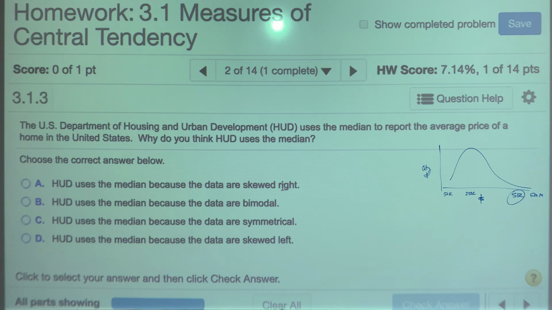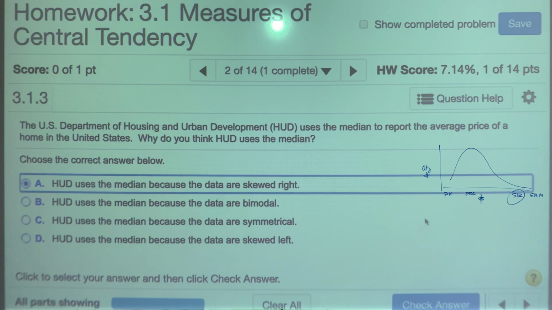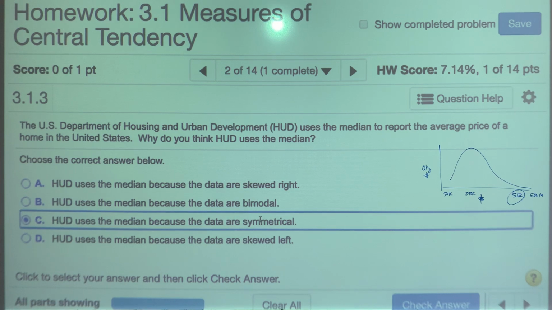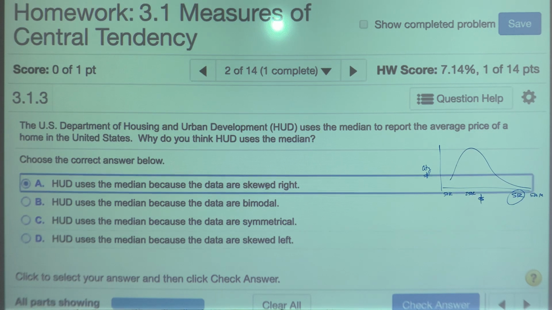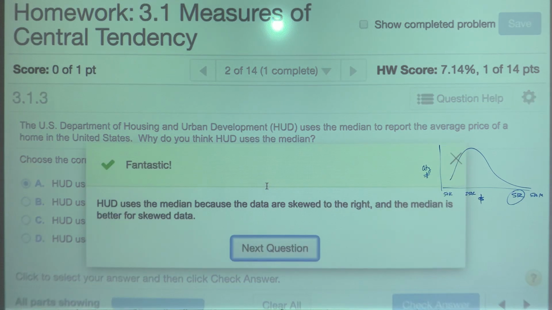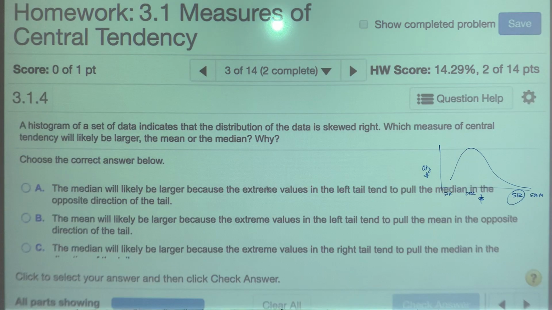Now, by definition, if you look at your notes, the median is better used than the mean. The median is better for data that is skewed. So if you look at my options here, my graph of housing prices and quantity is not bimodal, it's certainly not symmetric, and it's not skewed left. It's skewed right. Because it's skewed, you'd want to use the median, okay? I'll talk more about this as we go along, okay?